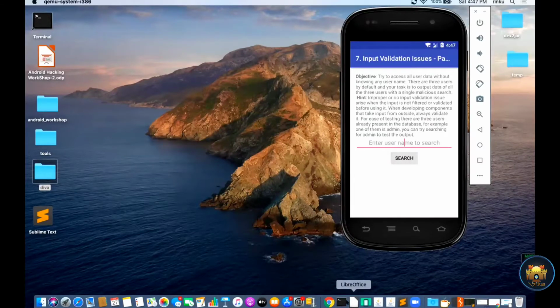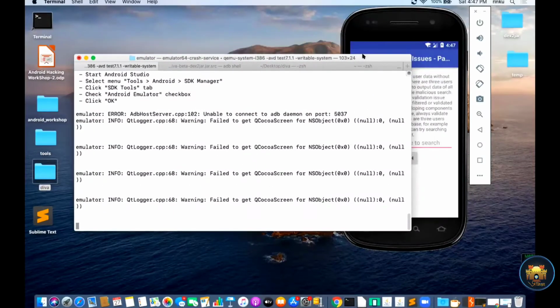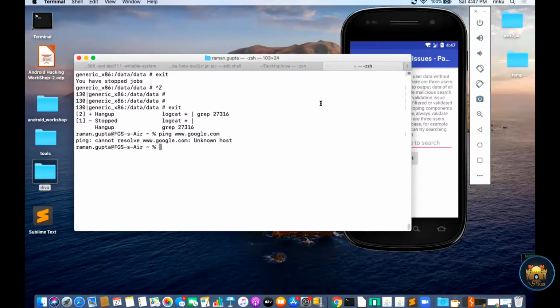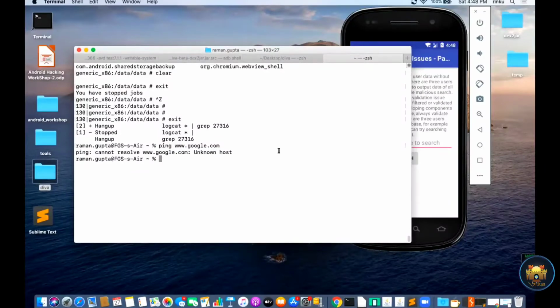You also have a benefit if you're doing penetration testing of a client-side application: you can take advantage of the log file, that is the device log, as Satish already told you. For this, just use adb root and adb shell.